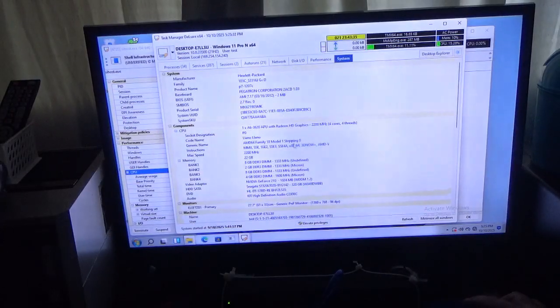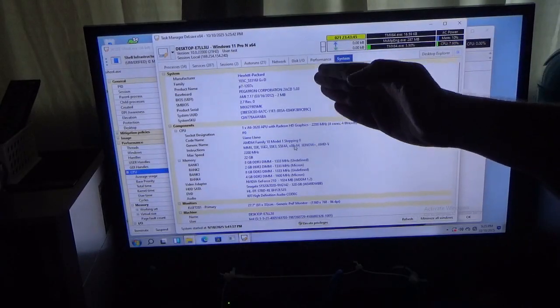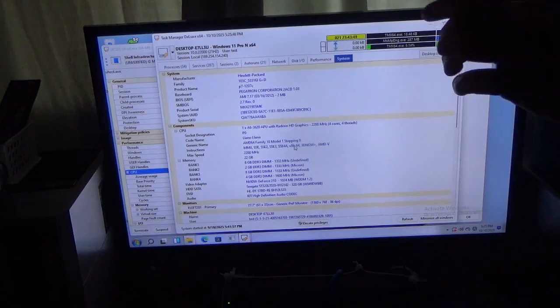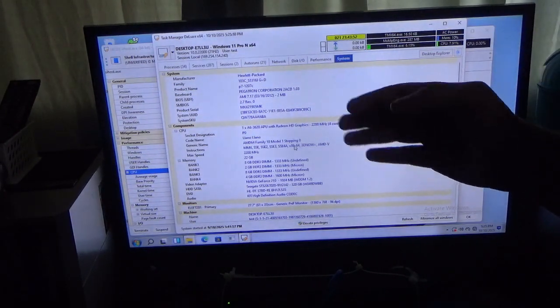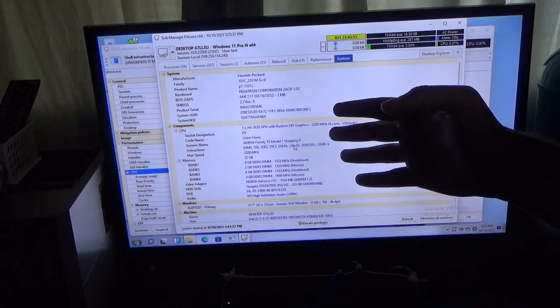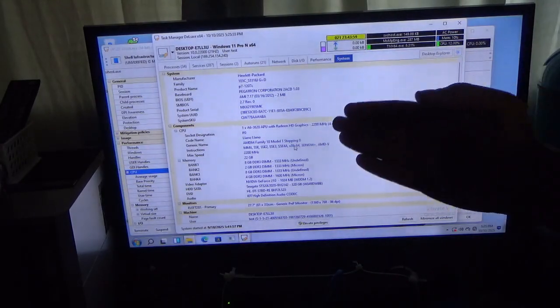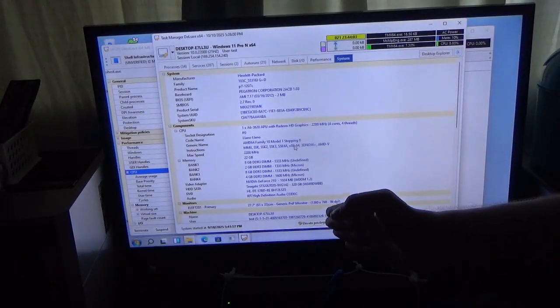And if you go to System, what's nice about this is it gives you specifications of your system. In this case, the computer I'm using is Hewlett Packard HP. The product name, baseboard, BIOS, SMBIOS, product serial, system UUID, and it gives you all the specifications.